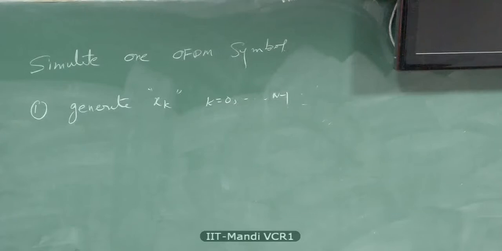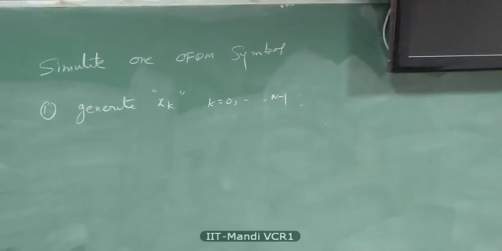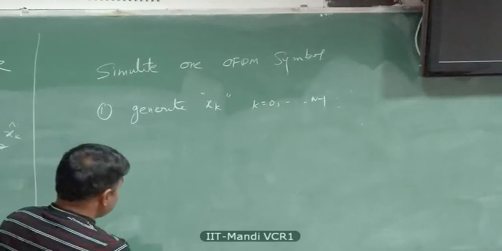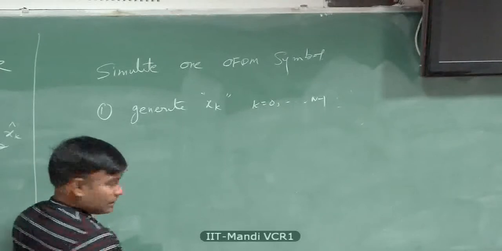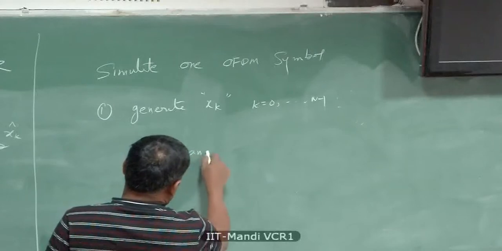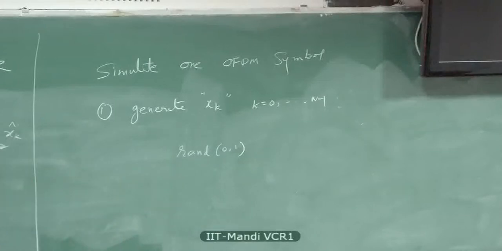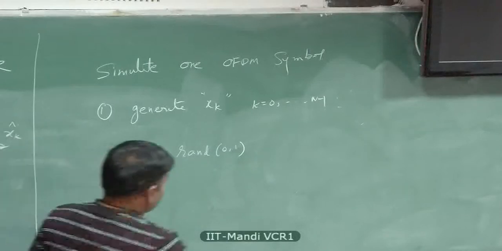So we already specified that X_k is a binary random variable. It takes values +1, -1 with equal probability. So you have to talk about generating these random variables in MATLAB. So we're going to assume we're going to use MATLAB. How do we generate +1, -1 with equal probability? Well, MATLAB gives you the option of generating a uniform random variable, right? There's a function called rand. Well, it's basically a uniform random variable.